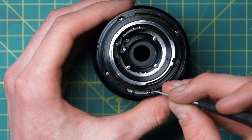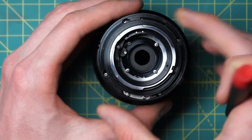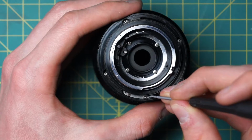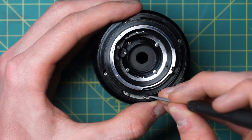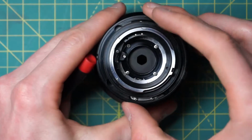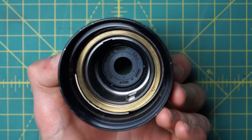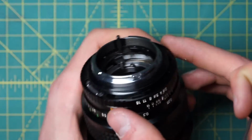But in most cases, you can just get this fully open and adjust the aperture control curve to control that. So I'm just going to take the aperture control curve until it's just off the edge right here. It's looking a little better now. What you want is to make sure that none of the edges of the blades are visible when it's fully open. It should just be a circle going around there. And then also make sure that at every stop of the aperture,